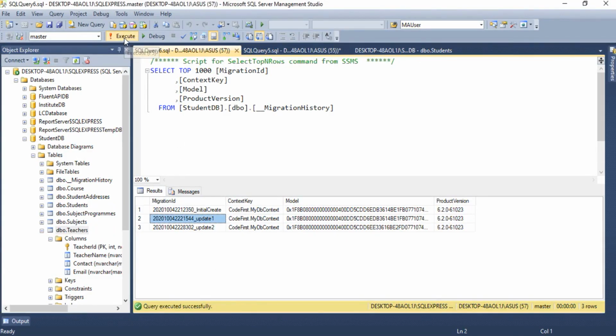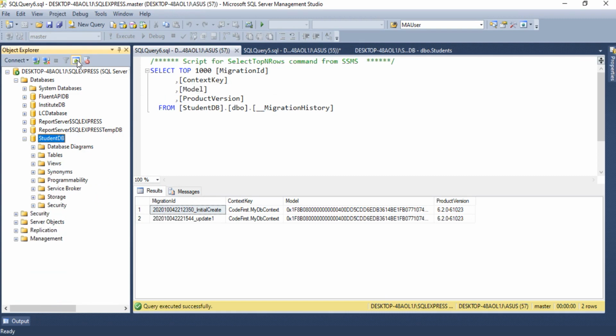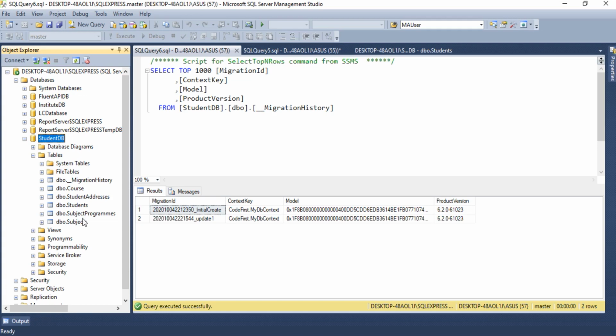Let us execute this command. See, the update to entry is removed from the database, and as you can see here, the teachers table is still there. Let me refresh it. Let us expand this tables node. Yes, now there is no teachers table, right?